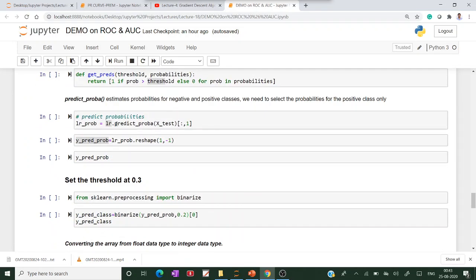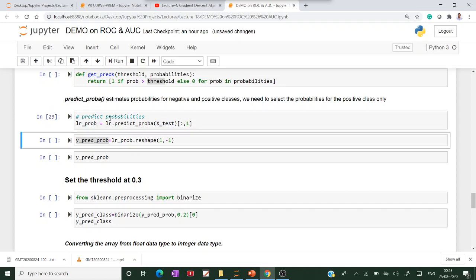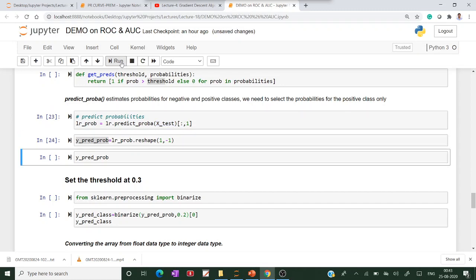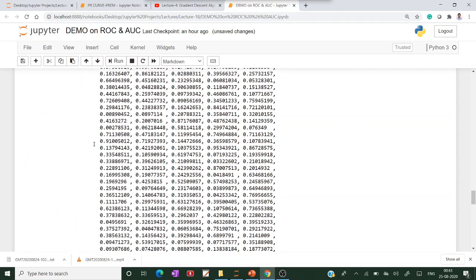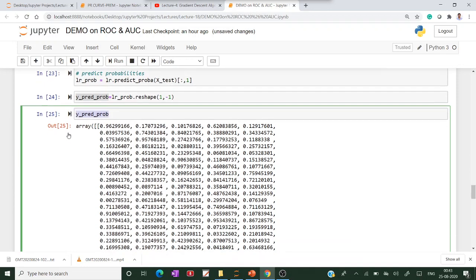LR dot predict underscore proba is the method. We pass the X test values, choose only the positive class, and reshape it. If you see, these are the probability values, our predicted probabilities.